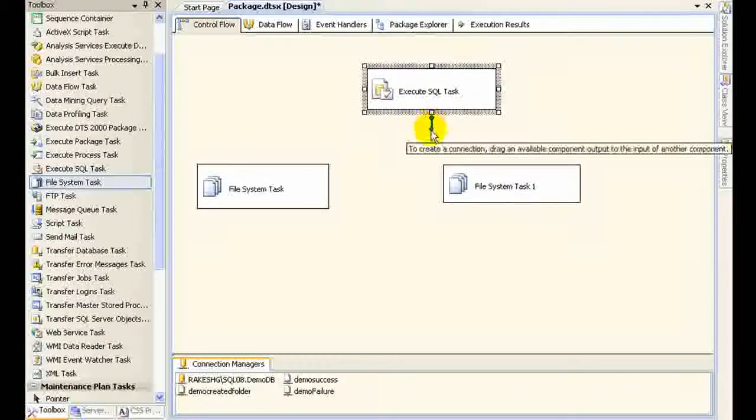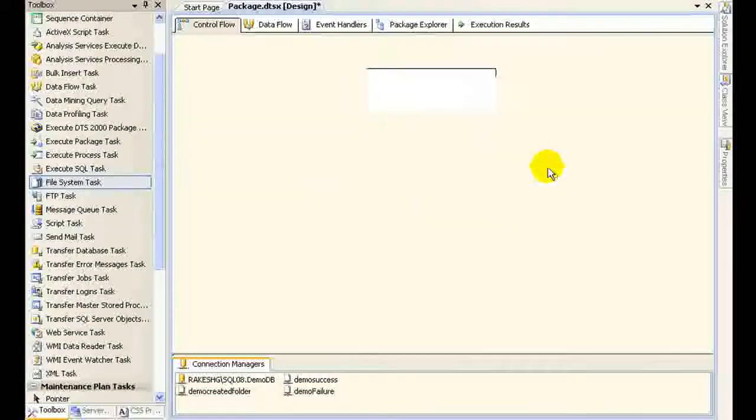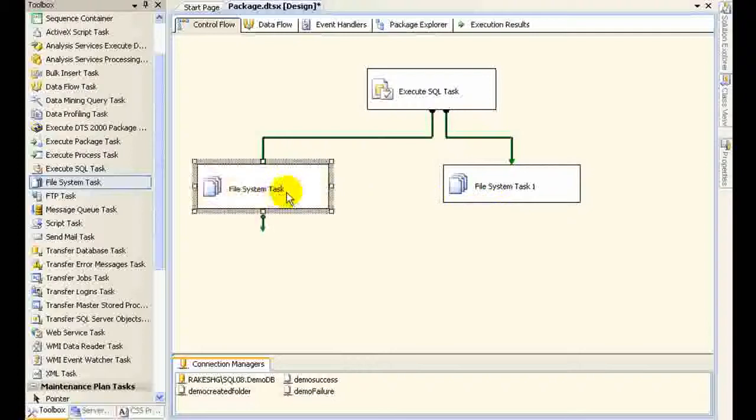So when I click on this, it gives me a small arrow. I could drag and connect this to my next task. Similarly, when I click on it, it gives me one more arrow. I can drag and connect it to this task. Call this success task, and I'll call this failure task.